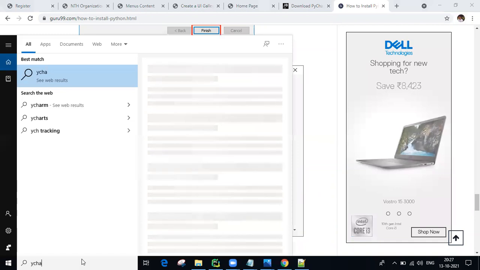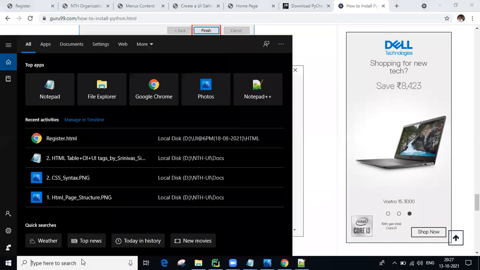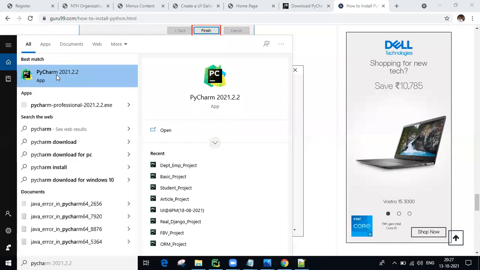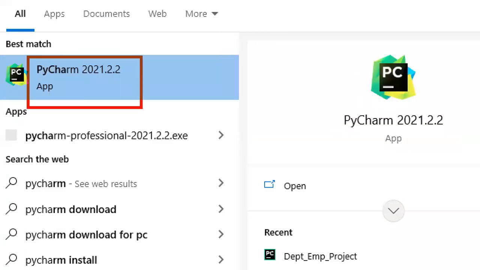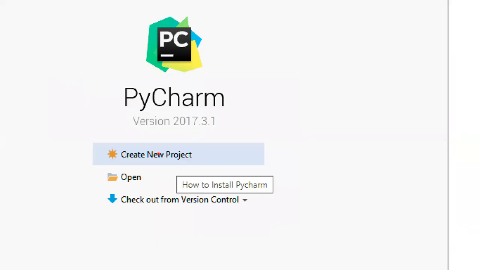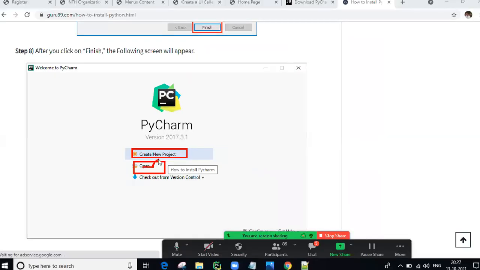PyCharm is there now. Okay. So we need to open it right now. You will see the PyCharm icon. Click on this. After clicking, you will see this screen. The first time you will get it this way, guys. Okay. So create a new project. If you want to create a new one, you can use this option, or else if you want to open an existing one, you can use this one. If you click this, our system opens and you can select an existing folder.